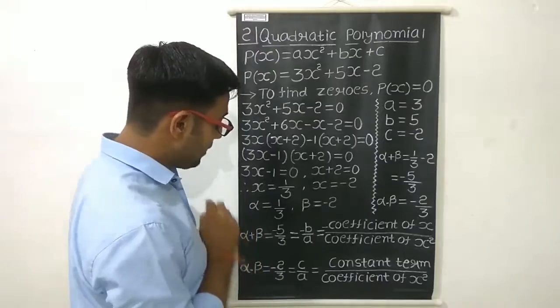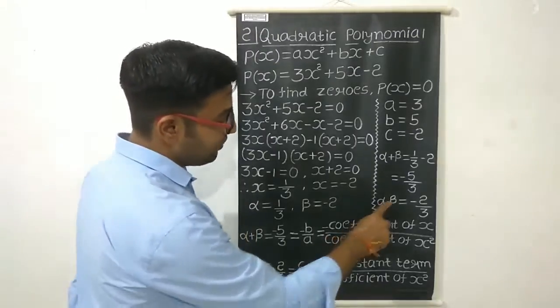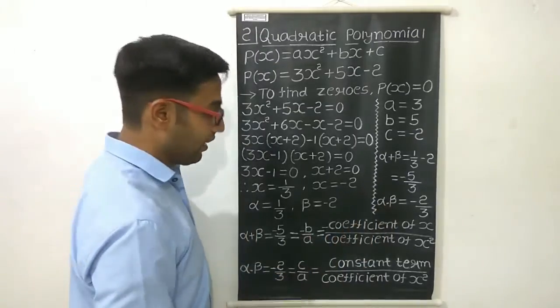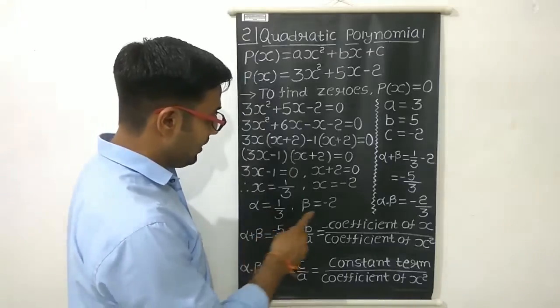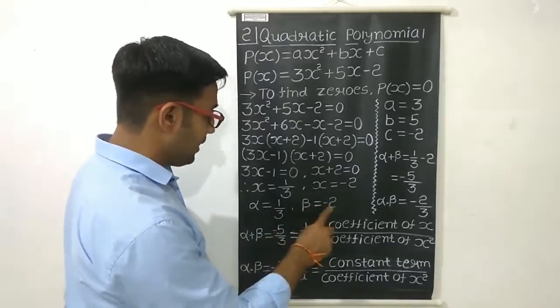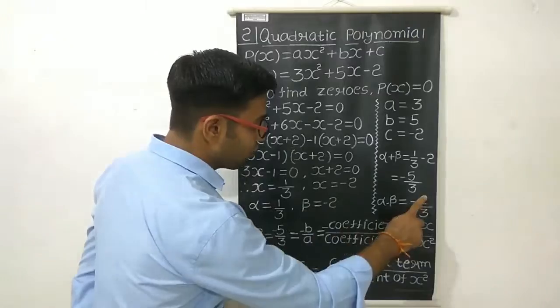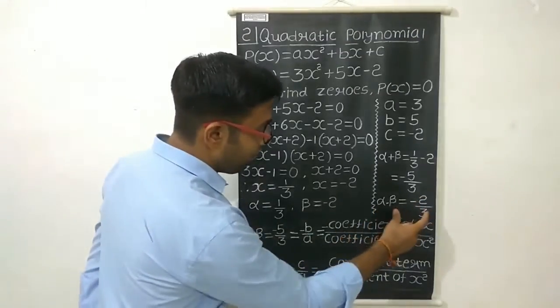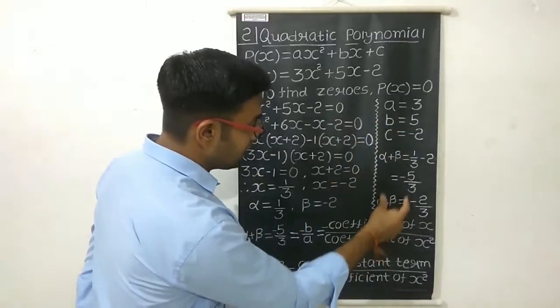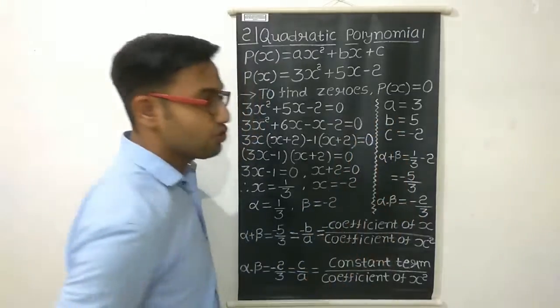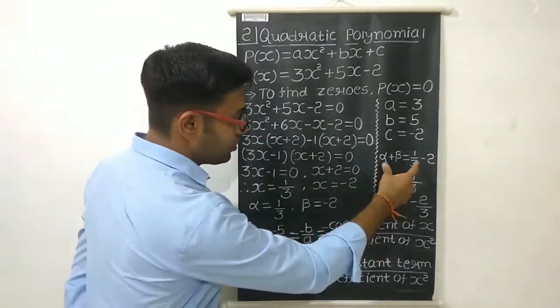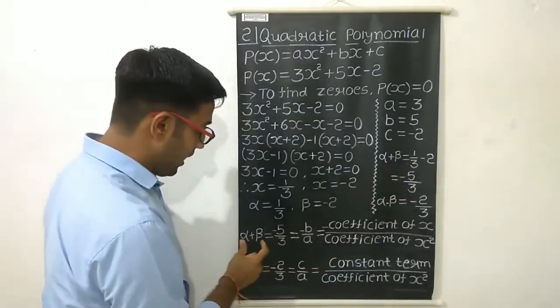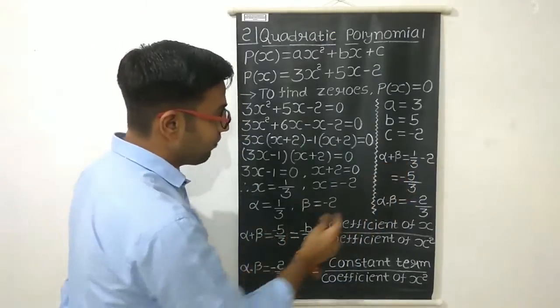And what is the multiplication of both these zeros? Alpha and beta. Alpha into beta. So alpha is 1 upon 3 and beta is minus 2. So by multiplying these two, we will get minus 2 upon 3. Now there is a relation between the coefficient and this addition and multiplication of zeros. So what is the first relation? Alpha plus beta is equals to minus 5 upon 3